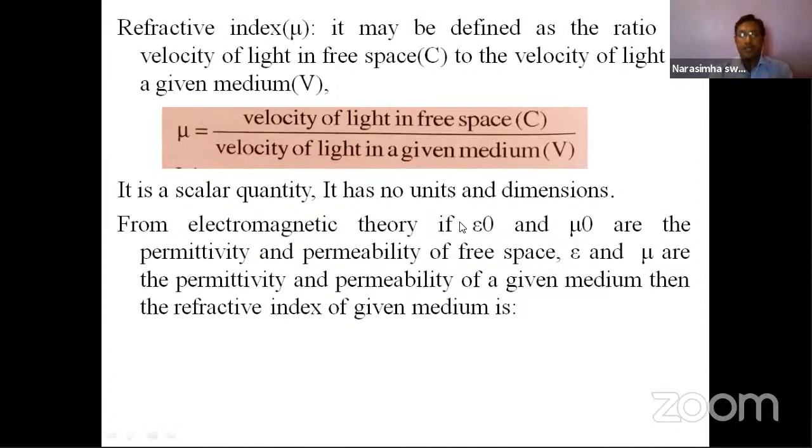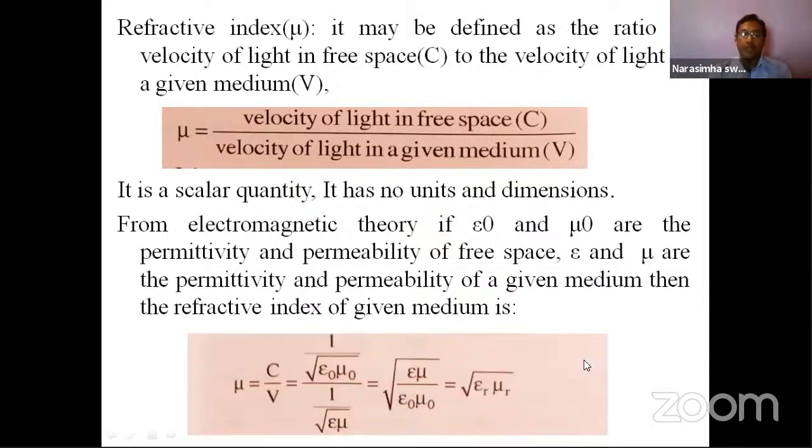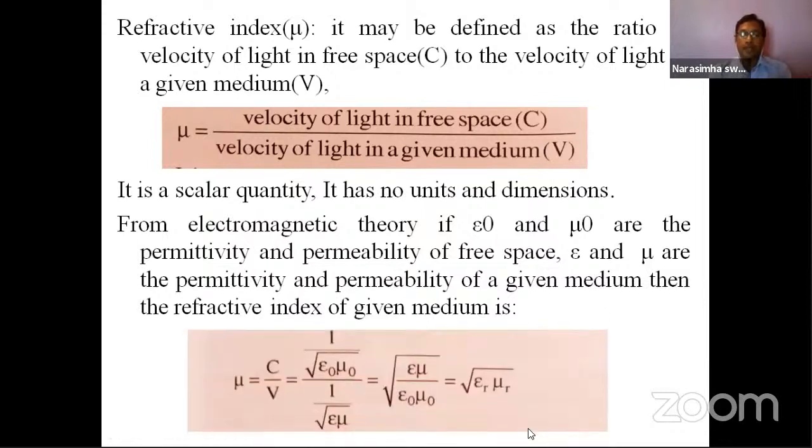So it's a free space. We are assuming epsilon naught and mu naught are values for the free space. Similarly, epsilon and mu are the permittivity and permeability of any given medium. In this case, velocity of light in free space, velocity of light in medium, the permittivity and permeability of free space, and of a medium. Then the refractive index of that particular medium is expressed as,